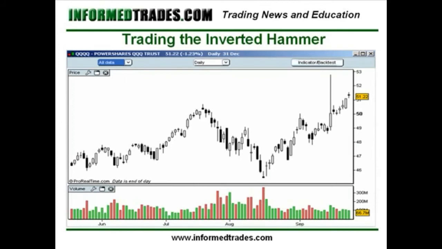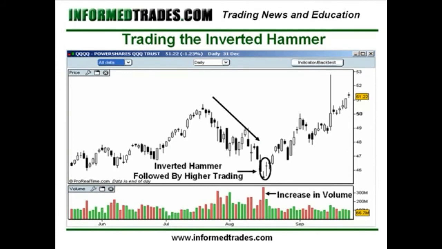So here's what it would look like trading it on a chart. You want to see a downtrend in place as we have here, and then we have the inverted hammer followed by higher trading. Like all the one candlestick patterns that we've looked at, you want to see a confirmation on the next period of trading, and we do have that here as the next period of trading. The market moved higher during that period, and like most of the things that we've discussed, traders like to see